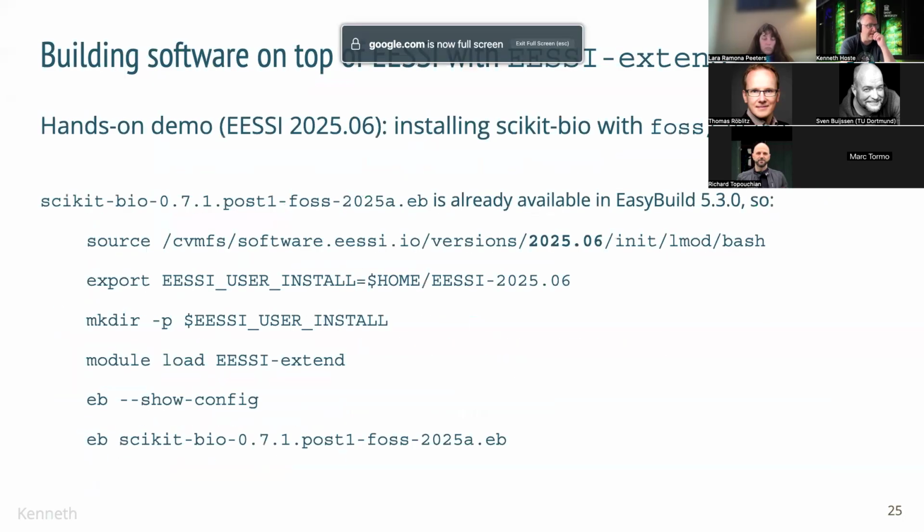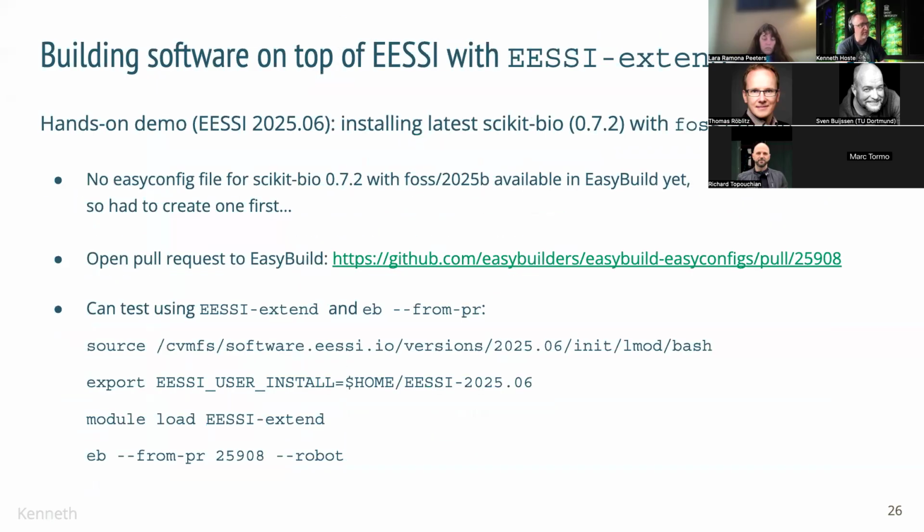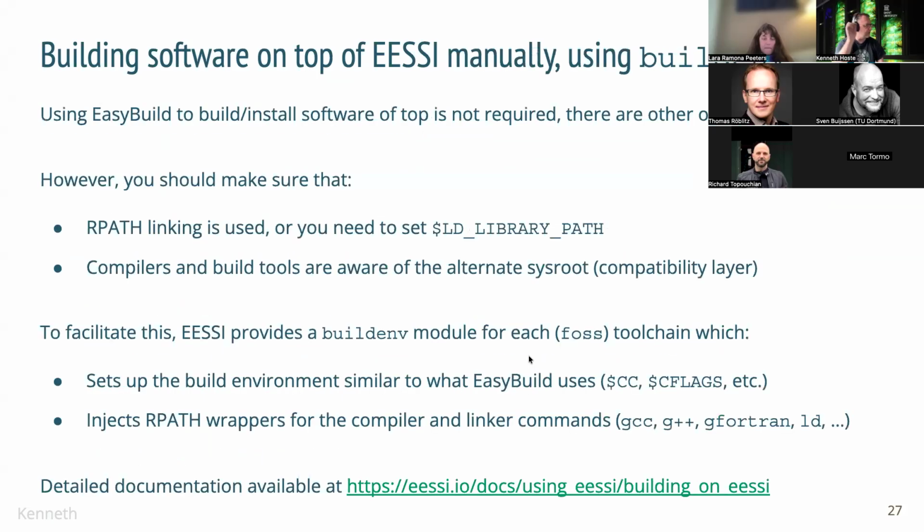All right, so with EasyBuild, we've done 2 demos: installing an existing easyconfig file, and installing a newer version of software after creating an easyconfig file first, and opening a pull request to EasyBuild for that. And very similarly, we can test both with the help of EasyBuild. As Lara mentioned, there are other ways of doing installations on top of EESSI as well. One particular one is doing manual installations where you can